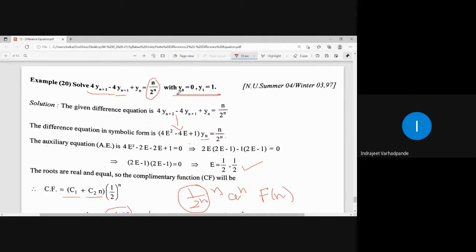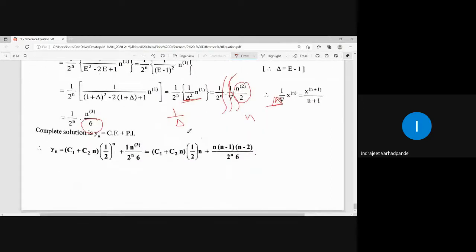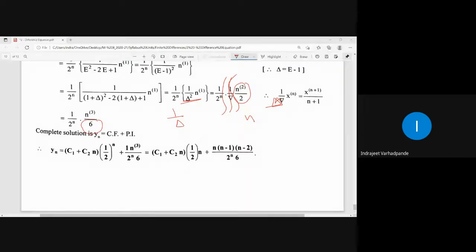Now what are these values given to you, y0 and y1? To evaluate the arbitrary constants, right? So using that, you can find out easily the values of C1 as well as C2. So these were all the problems regarding the difference equation comprising of different LHS as well as different kinds of